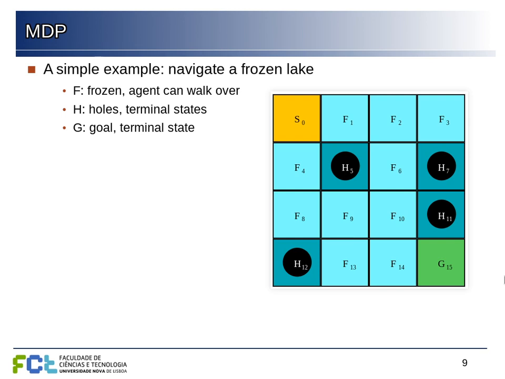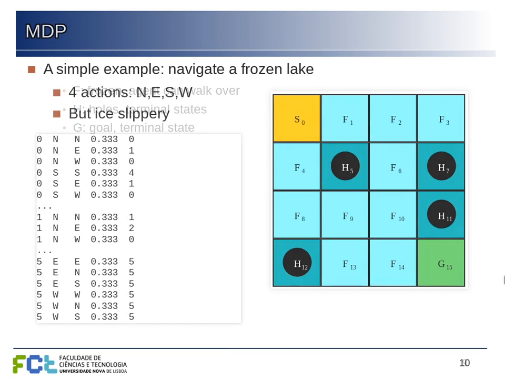So this is a description of the states, and then we need a description of the actions. There are 4 actions: try to go north, east, south, or west. But the ice is slippery, so when the agent tries to act in a way, the movement may not be as the agent wants. The rule is that if the agent tries to move in a direction, there is a 1/3 chance of going in that direction, and 1/3 for each of the side moves, because the agent can slip on the ice.